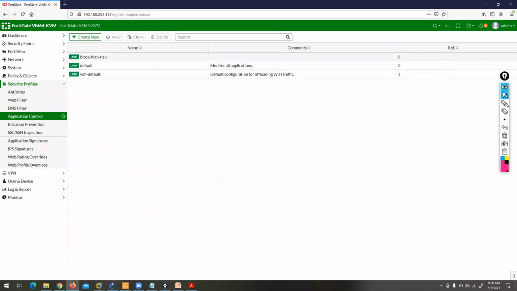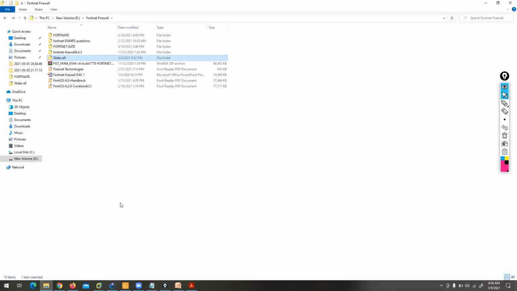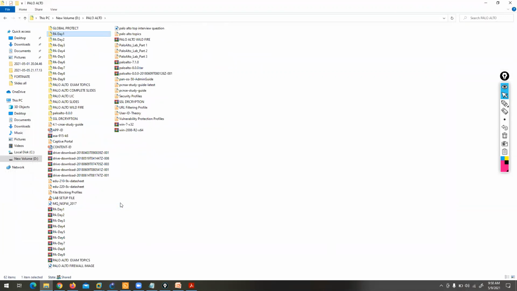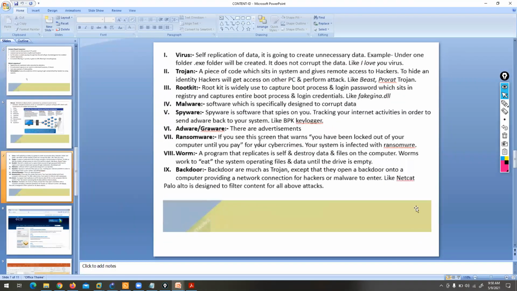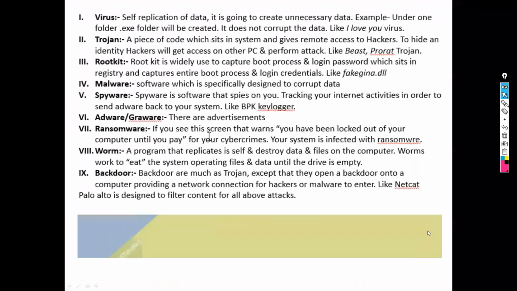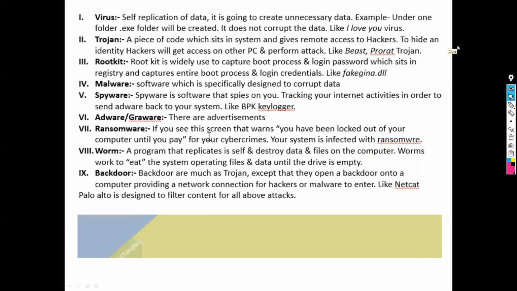The point is we have multiple kinds of attack. These are the attacks, guys. Maybe your file is infected with a virus, or maybe some link is attached with the application you are trying to download. So guys, I'm giving you 2 to 3 minutes. Everyone, please read this information about these kinds of attack.